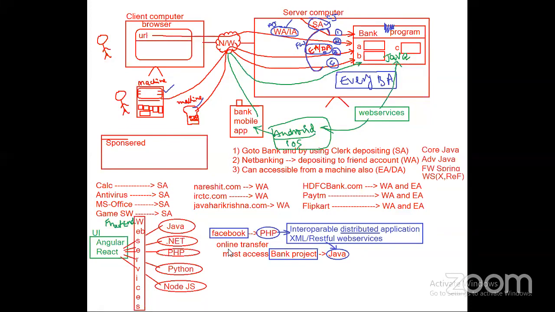Enterprise applications, I don't talk much. You will not understand. So enterprise application means an application that can be accessible from anywhere is called an enterprise application. Just remember, don't think more about enterprise. EJB is a separate Java EE. It is Java EE, but it's not there in the market now. Nobody is using it.